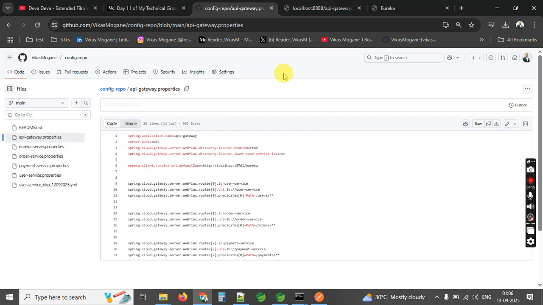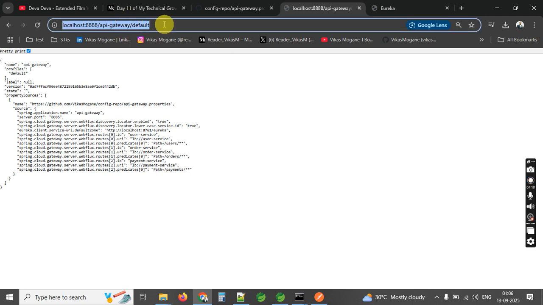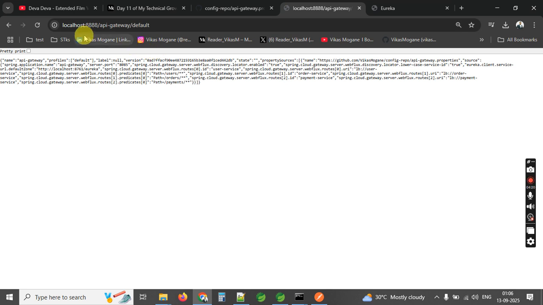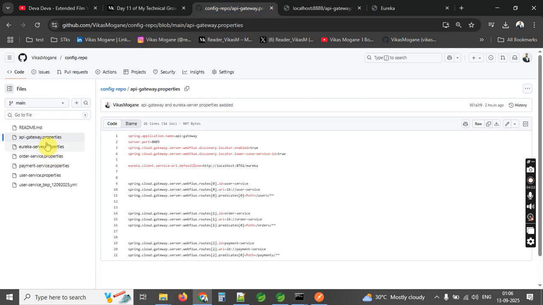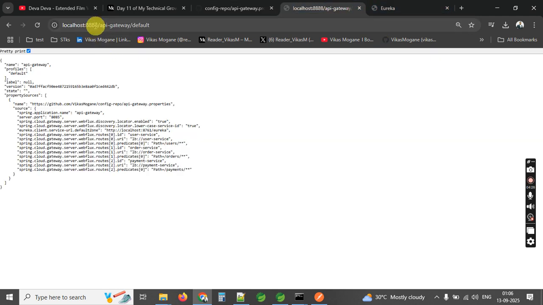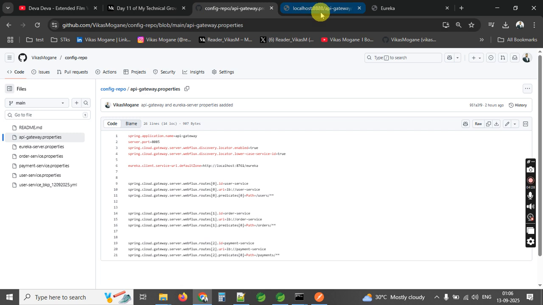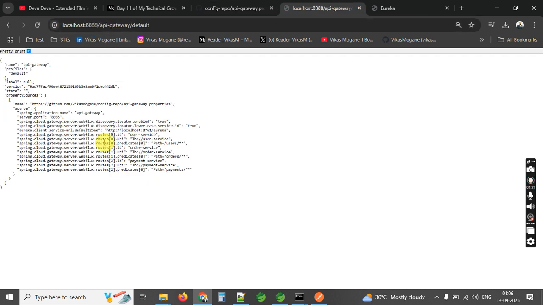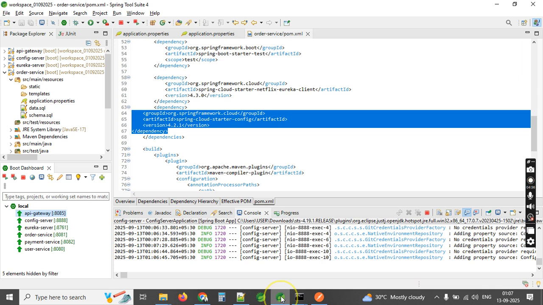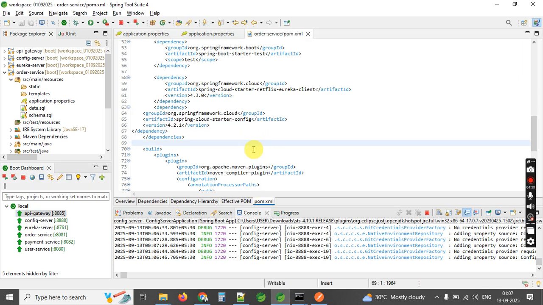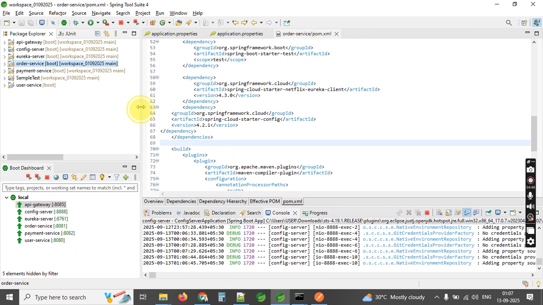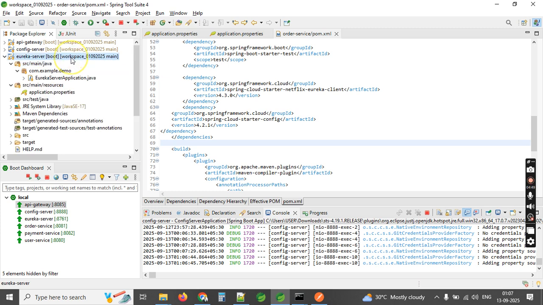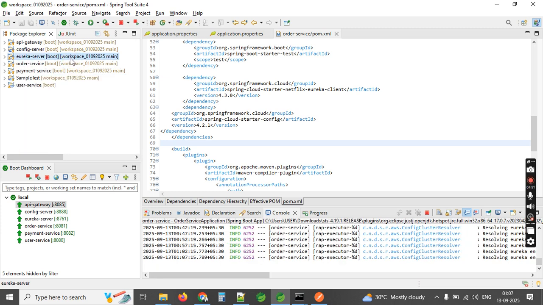If you want to check whether your API is working or not, you can run it like this. See, we are getting the response from this API gateway. That's why, in the localhost 8888, whatever is there on the server, we are fetching the data from here. There are multiple ways you can check how we are fetching the data. You can keep a constant file, property file, anything here, so that it will be centralized. Now my properties are centralized, not on the local server, so it will be helpful in the production server environment.